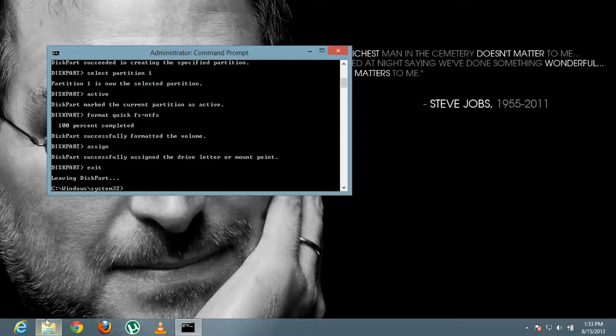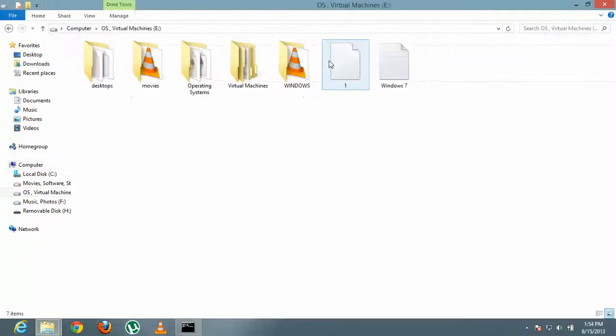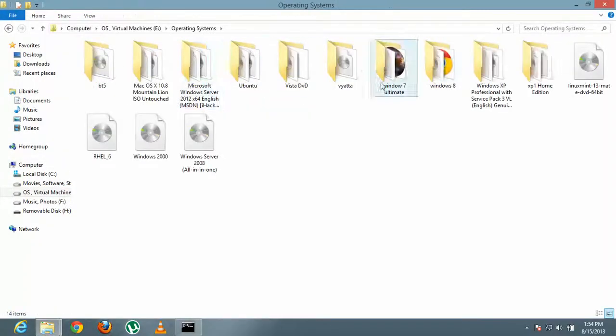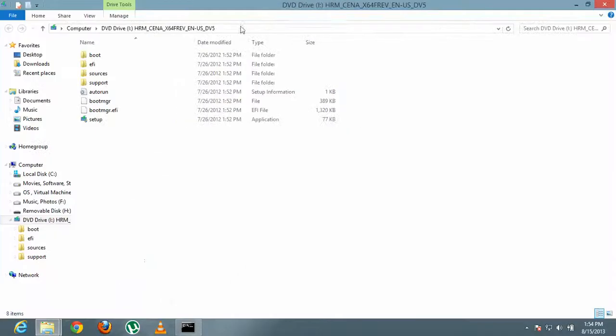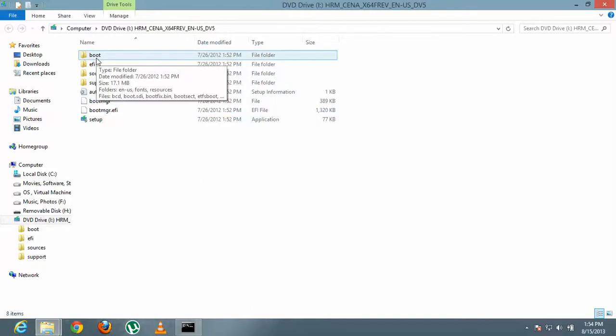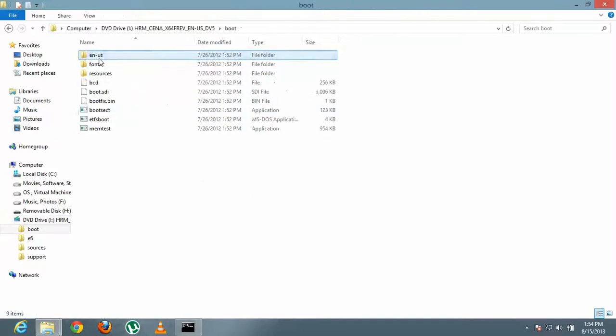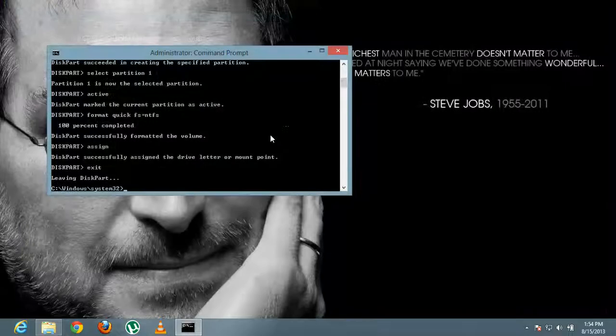Now open the Windows 8 ISO. I have to make Windows 8 bootable, so mount it. See, here's this. Now see, you have this. If you don't have this boot folder and the bootsect file in this folder, then you can't make this pen drive bootable. So we have to open the